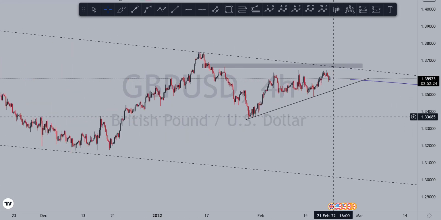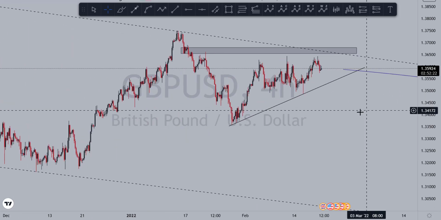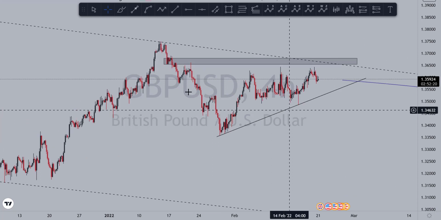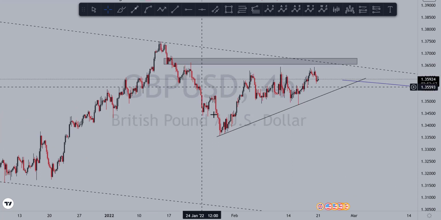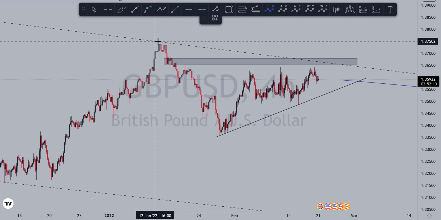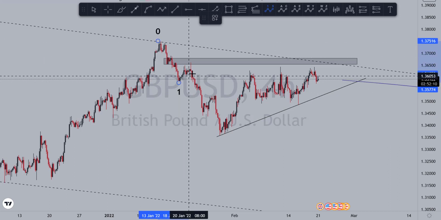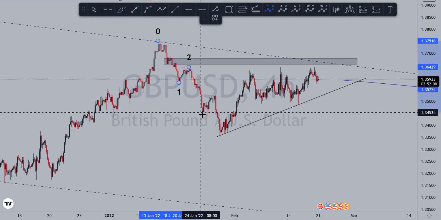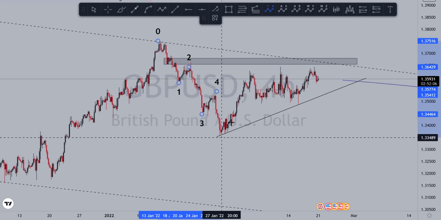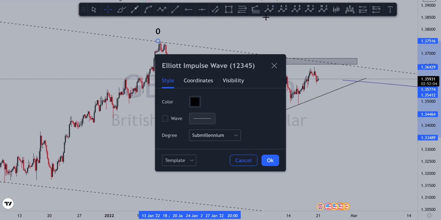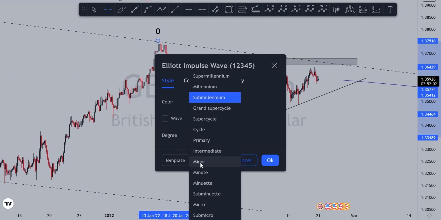On H4, let me just pull my Fibonacci on this side, on this swing low: wave 1, wave 2, wave 3, wave 4, wave 5. So these are possible waves that we are seeing there. Wave 1, wave 2, wave 3, wave 4, wave 5. We are not going to waste time to try and